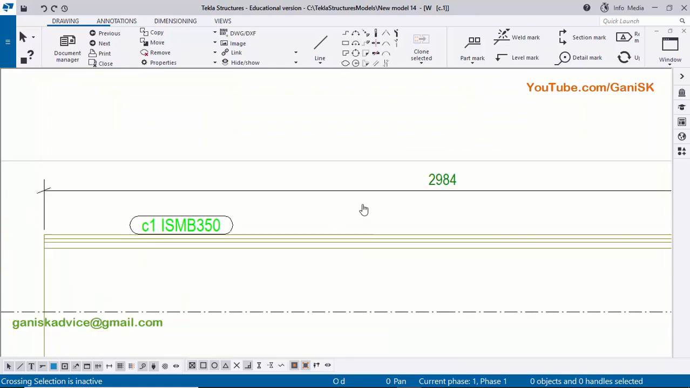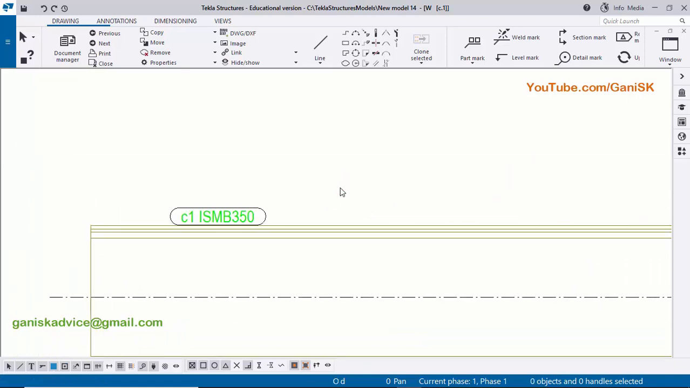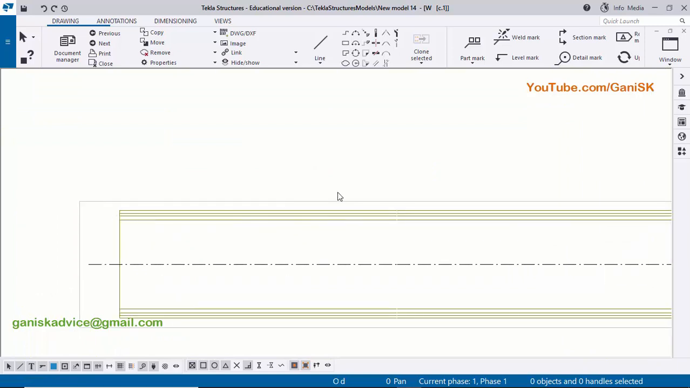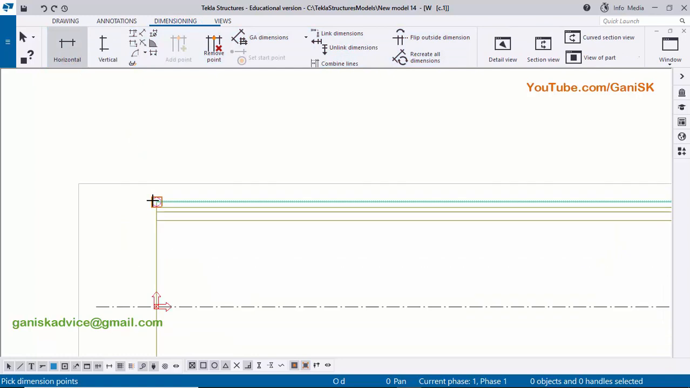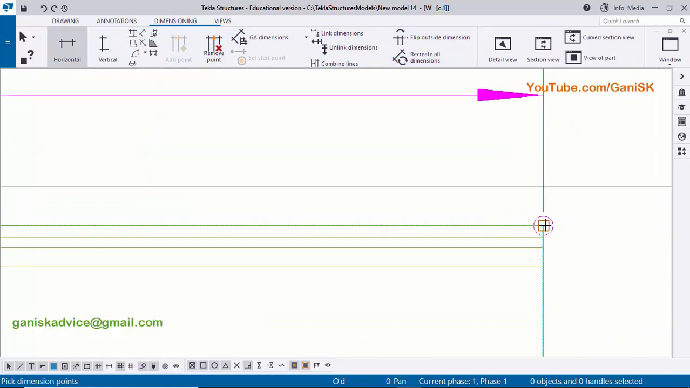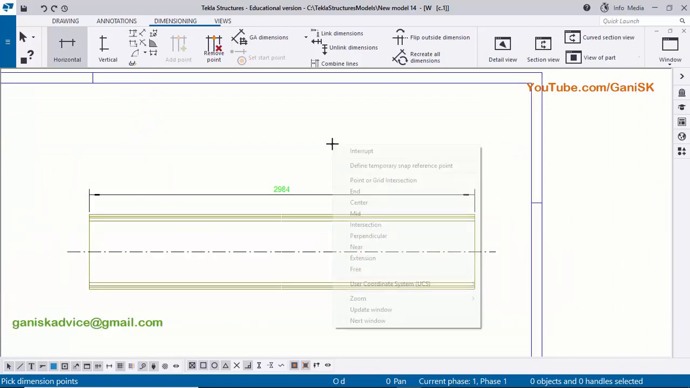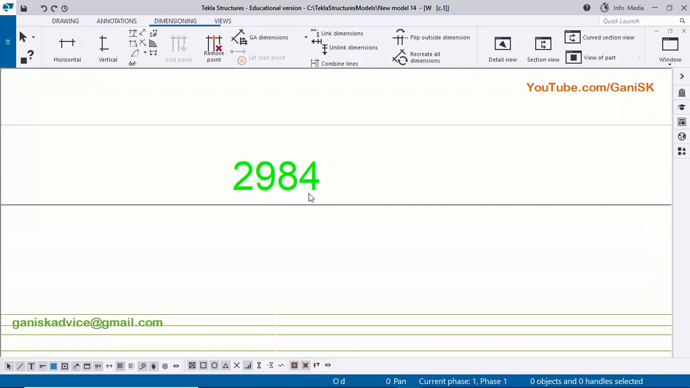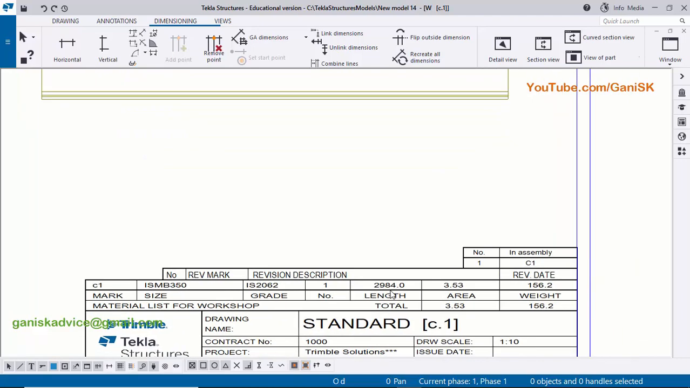If you're a beginner and you don't know how to create this dimension and part mark, I'm going to delete this one and create it once again for you. To create a dimension, click on dimensioning and select horizontal dimension, zoom in, and pick the first point here and the second point here, then press the scroll button to place the dimension. Right click mouse to interrupt. You can see now we have a dimension like this, 2984 length. You can see in the bill of material also the same length will be here,